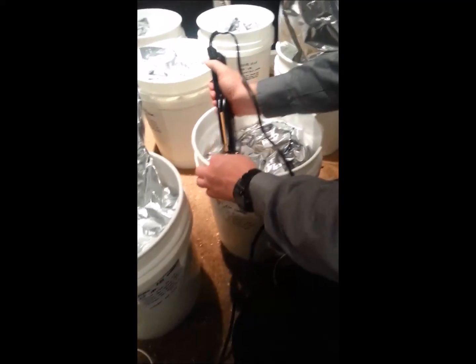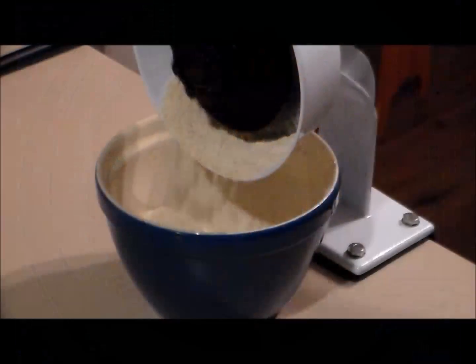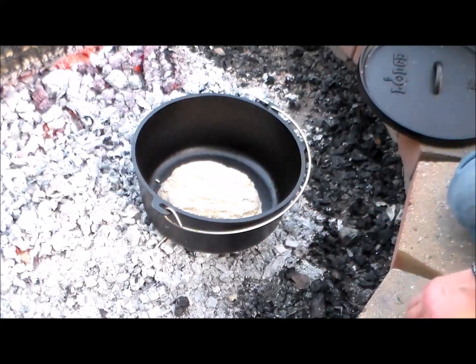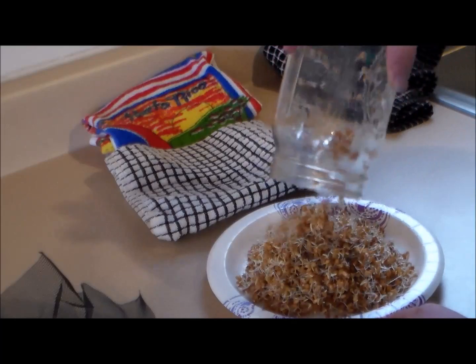But I also like the versatility of whole wheat compared to flour. You can make it into a hot cereal. And obviously you can grind it or mill it down into flour to make bread or biscuits or whatever. And if worse comes to worse, you can always sprout it and have extremely nutritious, life-saving food within just a